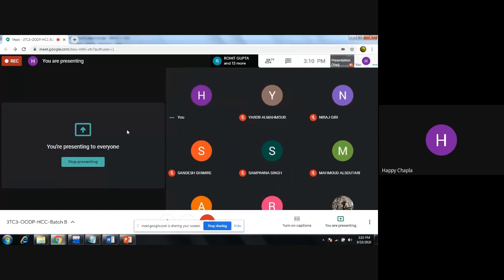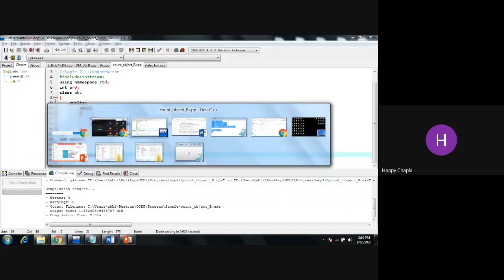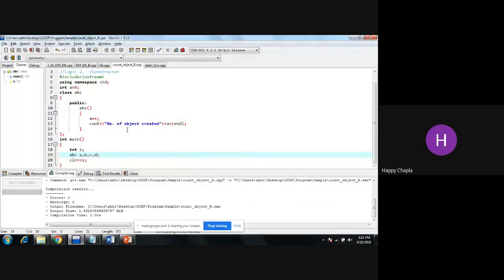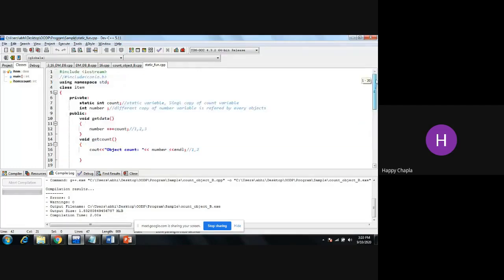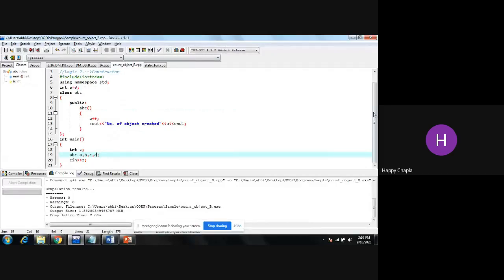Okay, good. Now I'm giving you 5 more minutes to complete. Either you can implement using this or using this. This is also the static concept, but we have already discussed it, so try to implement this new concept. And after completion, if you want to use the destructor in the same code, try to implement that logic. How can you implement the destructor logic over here in this code?